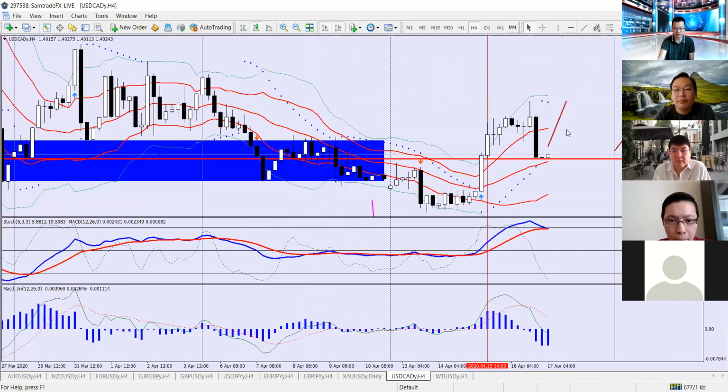So if we bring it back to the 4-hour chart, that would probably be something that I'll be looking at later in next week rather than this week, because there's not much stimulus happening, not much news happening this week. Make sense to you so far? Any questions? I'm looking at the chart for any questions. Okay, no questions so far.